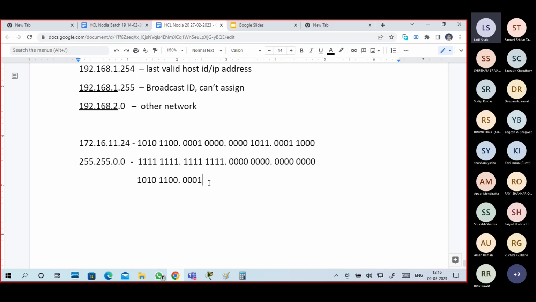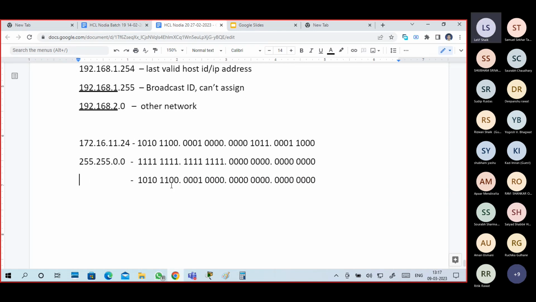Remaining are zeros only. 0 and 1 means 0 only. Again the remaining octets come out as zeros. If you convert this into a normal number,